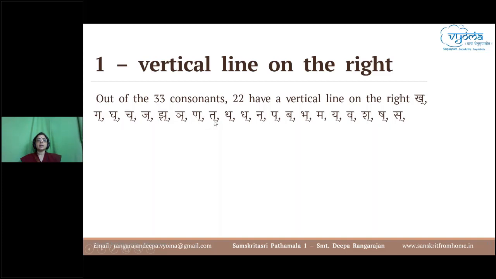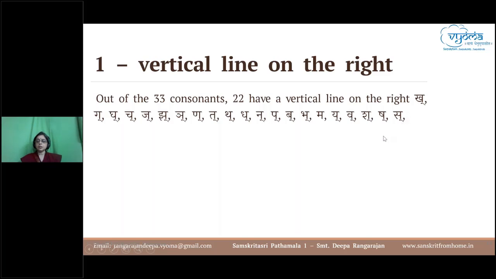Na, the tavarga consonant. Th, th, dh. I'm just pronouncing as dh, th, etc. with akara for me to be able to be audible. Otherwise, these are just th, etc. So all these n, p, b, bh, ma, ya, va, sh, sh, s, all these have a vertical line in